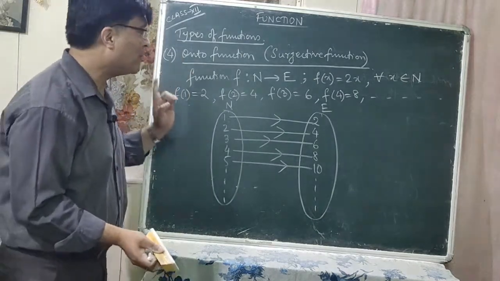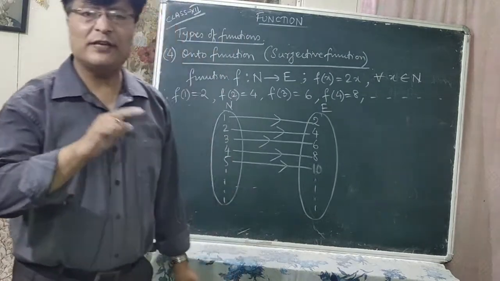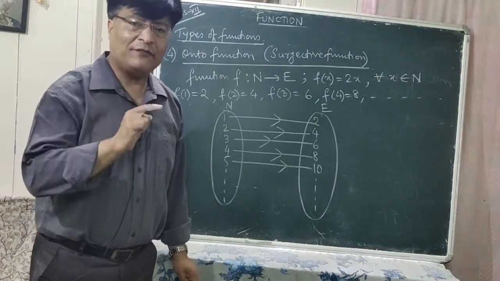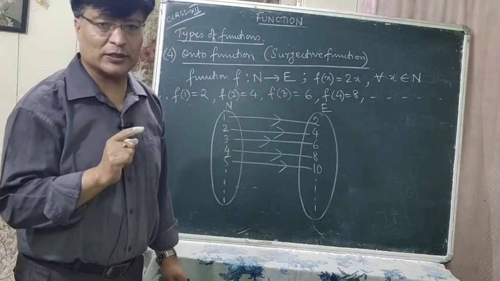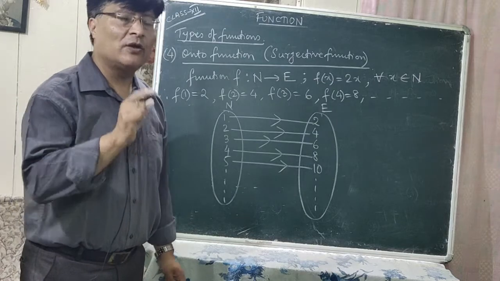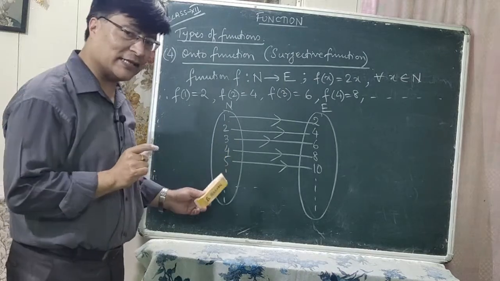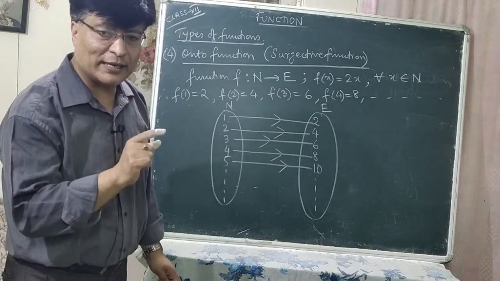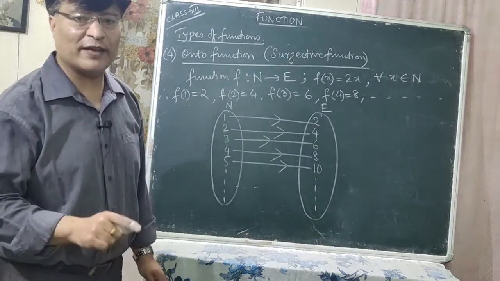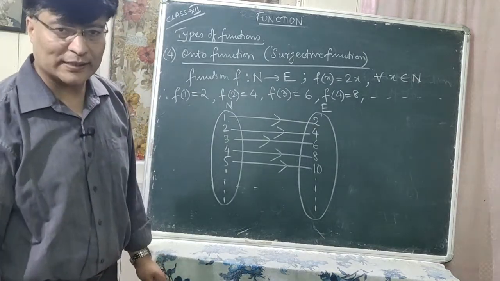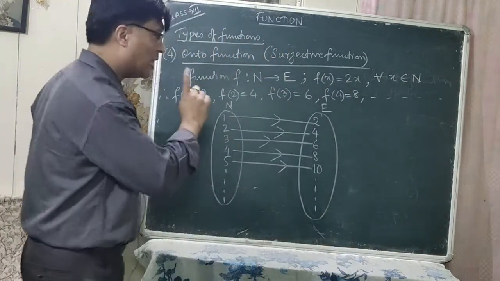ठीक छ? अब हामी म्याथमेटिकली onto function कसरी प्रुभ गर्छौं? अघि नै मैले भनेको थिए, f is onto function if for every element y belonging to the set B, there exists at least one element x belonging to the set A such that y is equal to f of x or f of x is equal to y. Okay? Now in this case, since f of x is equal to 2x, अब हामीले onto कसरी